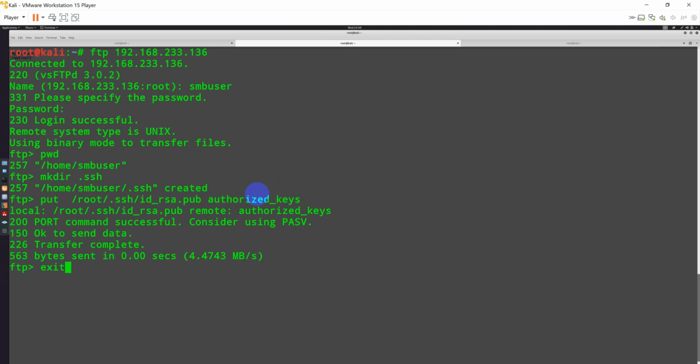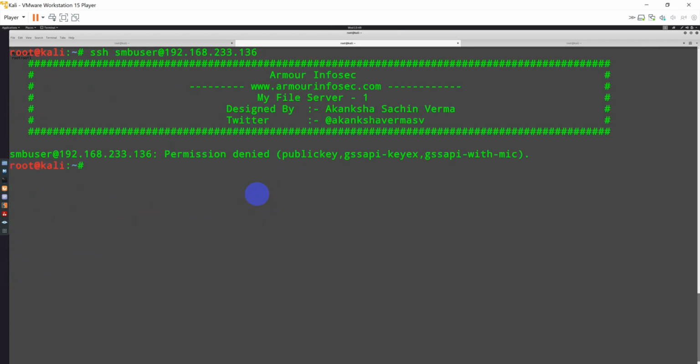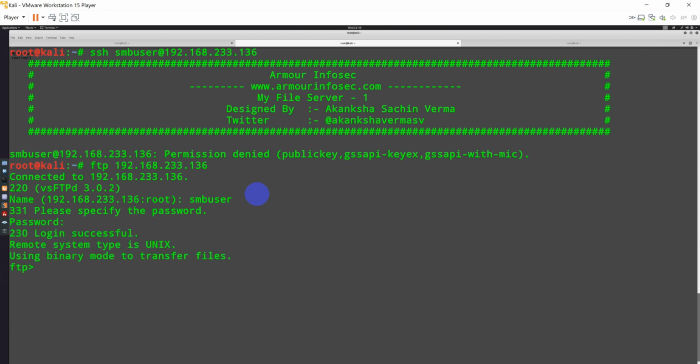I'll just come out of it and then try to log in with SSH and see whether we are able to log in or not. Now it should be able to. Okay, again permission denied. So let's see what could go wrong. Again, let's log in as SMB user with root1, and let's say pwd.